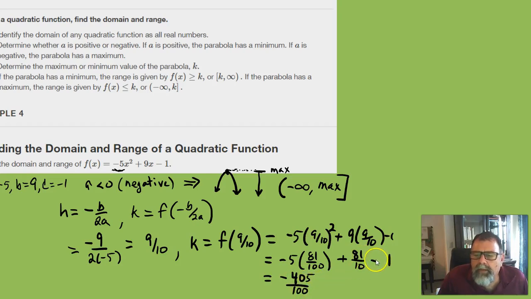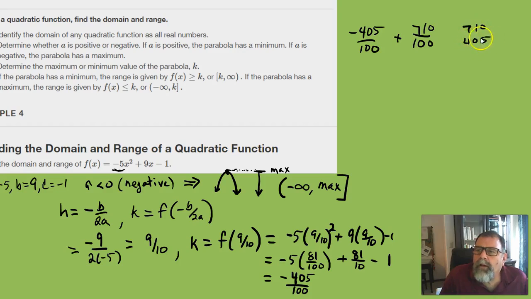Okay, scratch work. 81 minus 10/10 would be 71/10. I want to get common denominators, so I'm going to multiply by 10, so I can just add a 0 at the end. And then 710 minus 405 would be